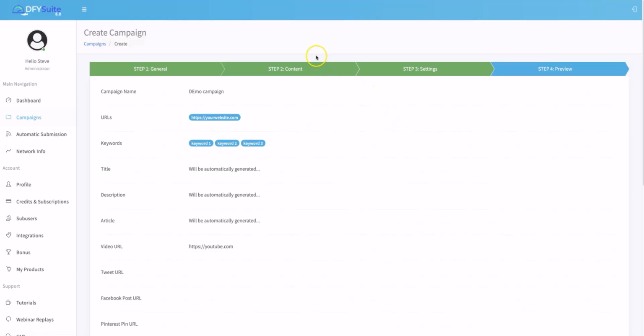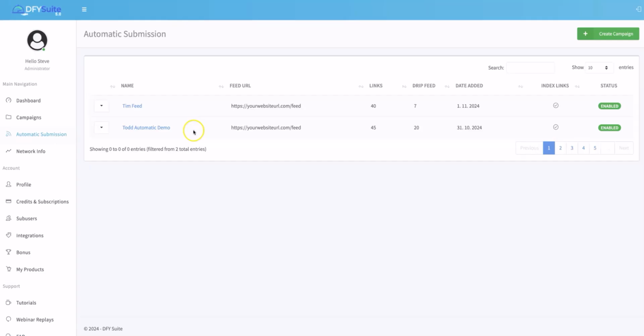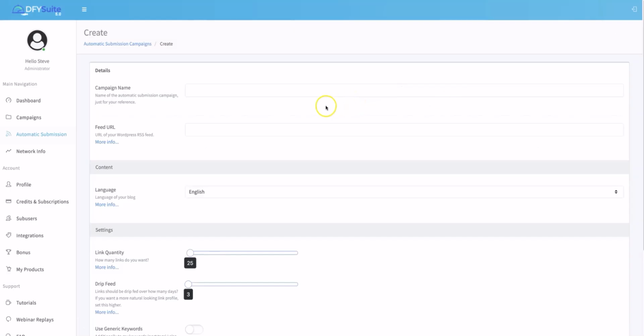Now, a huge update that we've done to version 6.0 is our automatic submission feature, which will allow you to submit the RSS feed of your website, which will ensure that anytime you publish new content onto your website, we will get notified and we will start building backlinks to that new content for you without you having to go through that manual process that I just showed you. So we've essentially automated the automation by allowing you to come in here, submit your RSS feed once, and we will indefinitely build backlinks for every new piece of content that you publish